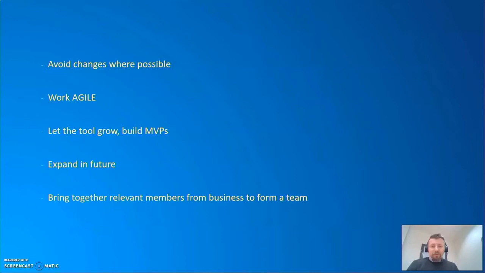We had a really clear vision of what we wanted to achieve in the beginning, but through using to work in an agile way, our tools have grown organically into something even more than what we initially envisioned. And that's really fantastic because we have added quite a lot of value to the business.